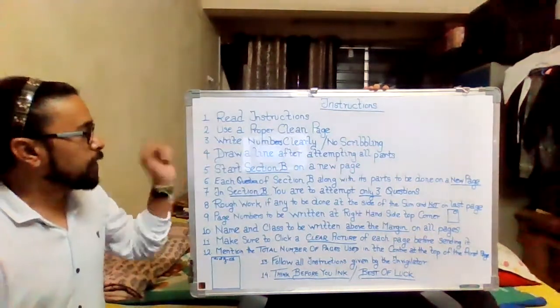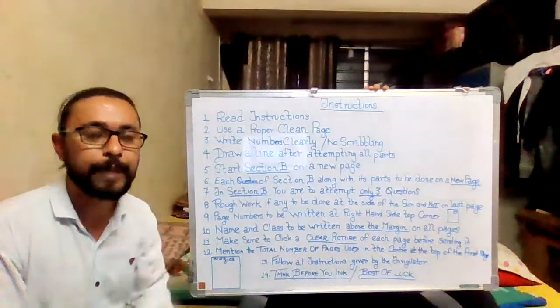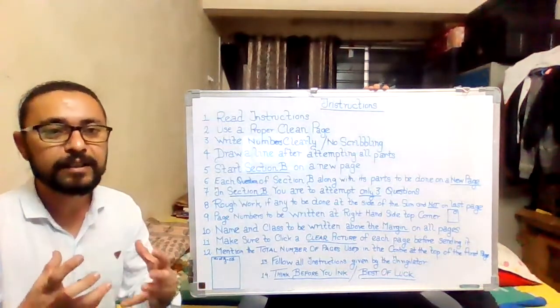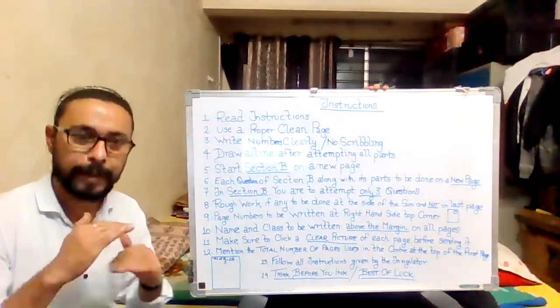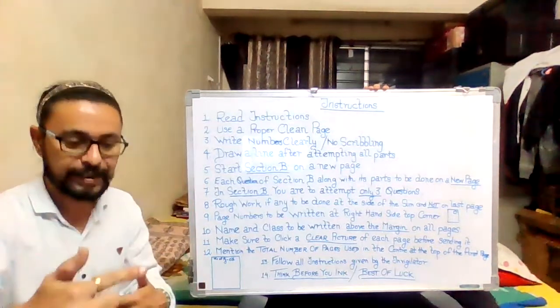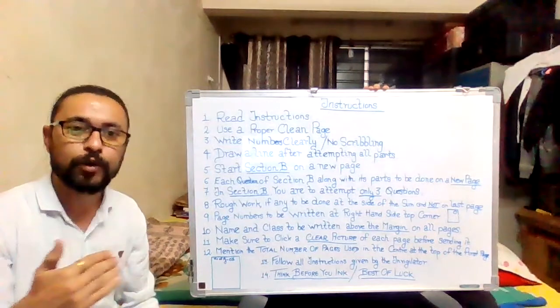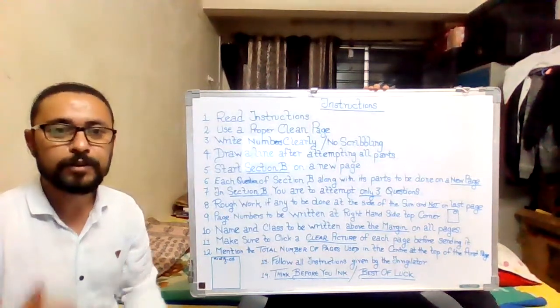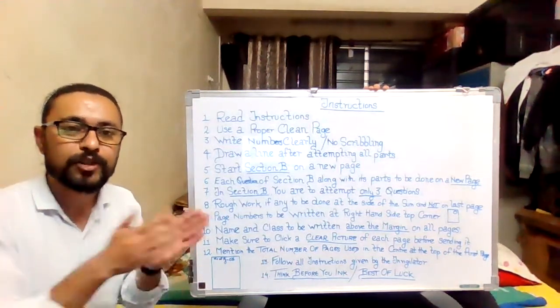Point number 2, use a proper clean paper. Don't use any rubbish crumpled up paper. Make sure the paper is nice and flat, clean, well cut. Use a paper that is long enough for you to write all your sums. Don't use a small little page from your sibling's book